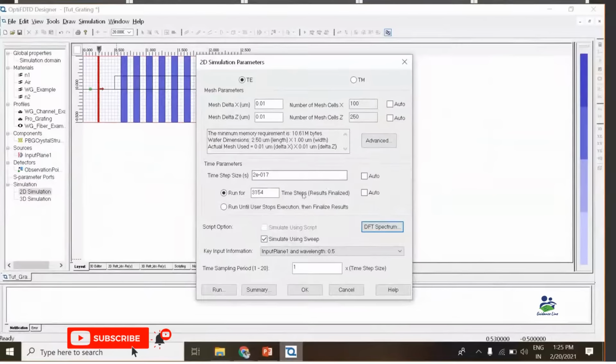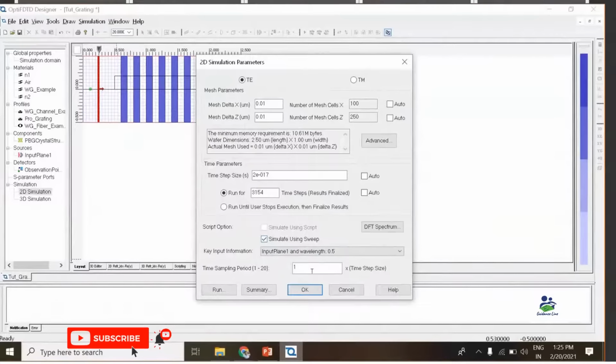I am running a simulation for only a specific period of time, 3154, and you can see as we have selected a parameter sweep, here it is automatically checked to simulate using sweep.